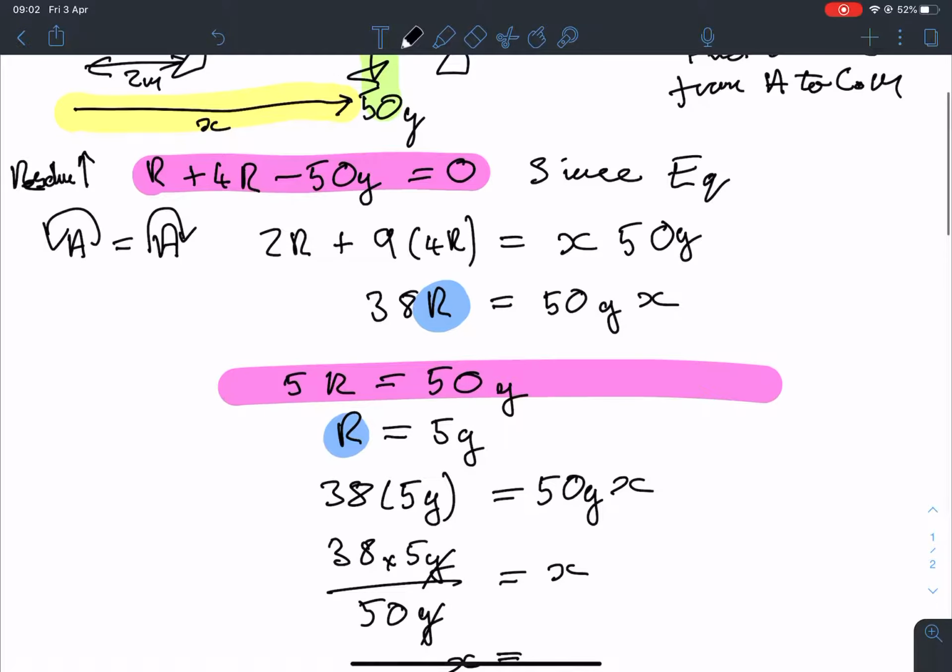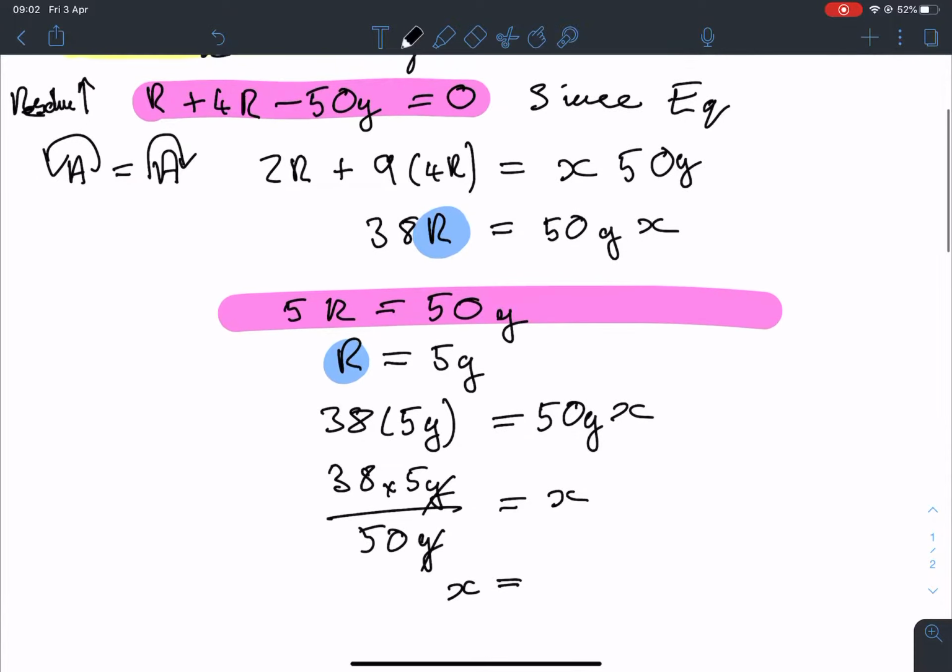So the g's cancel, the 5's cancel, so x equals